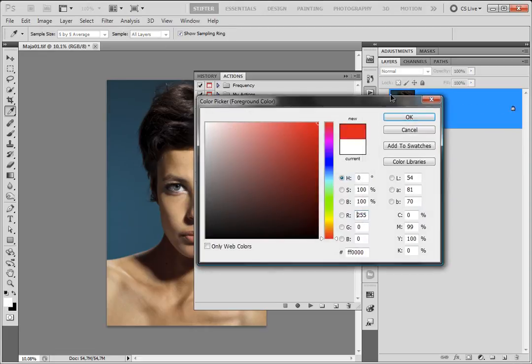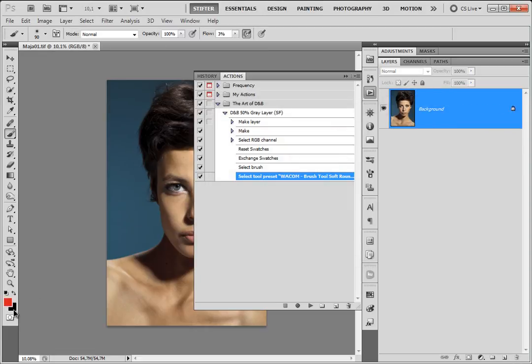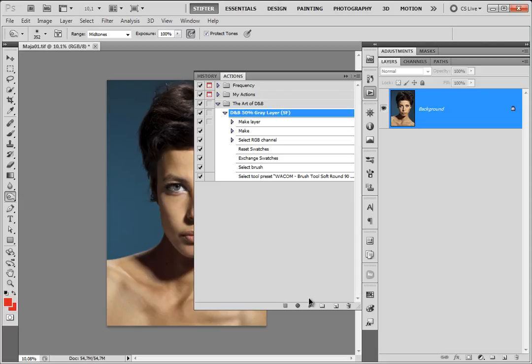And now I'm going to test this out. I'm going to delete this layer, and I'm going to change my swatches to some different color. And let's see if this actually works. I'm also going to increase my flow so I know everything has been changed. I can even switch to another tool. And now when I play back the action,